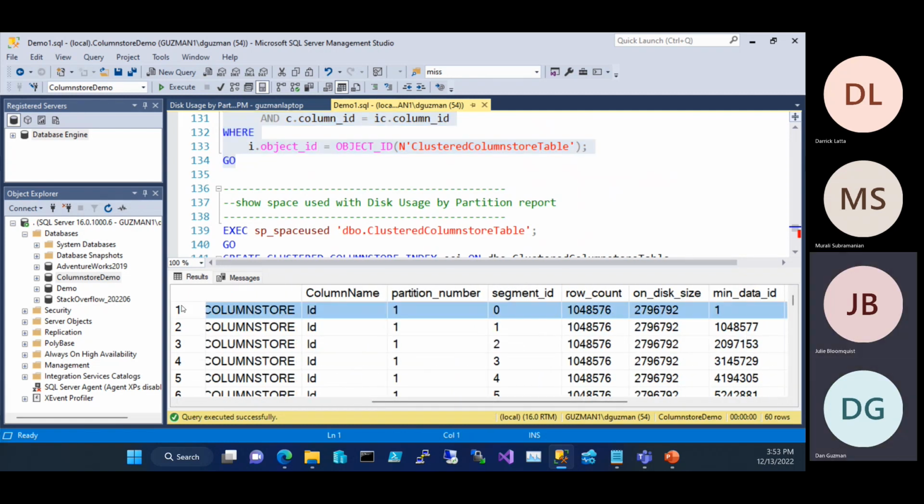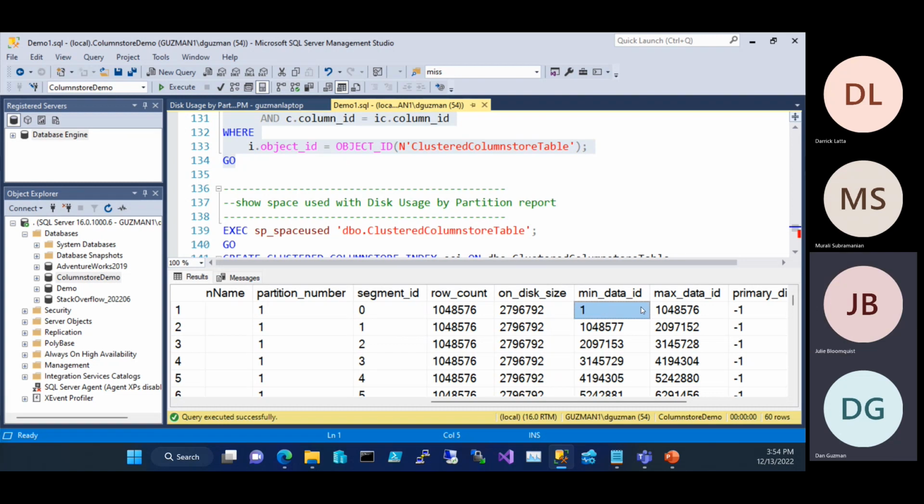So I ordered this essentially by the column name. The ID column in segment 1 is showing me the highest and lowest data ID inside of these. And these data IDs are essentially like pointers to dictionary entries, or think about it that way. So this first column, the identity column, has mutually exclusive ranges for the min and max within each column segment. So if I select a single row by ID, it's only going to touch one or two of them, I think,